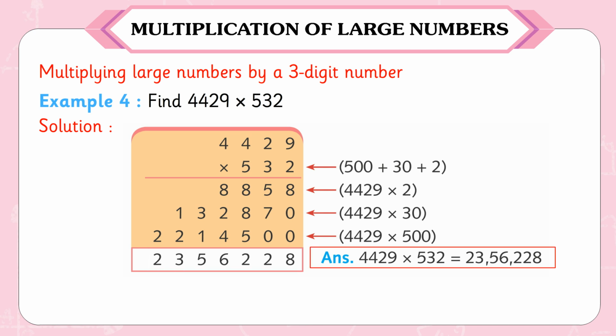Answer. 4,429 into 532 is equal to 23 lakhs